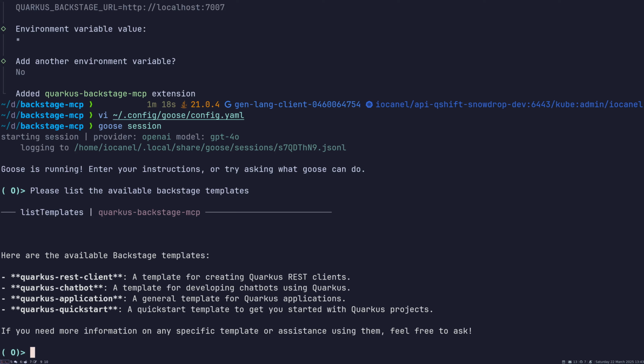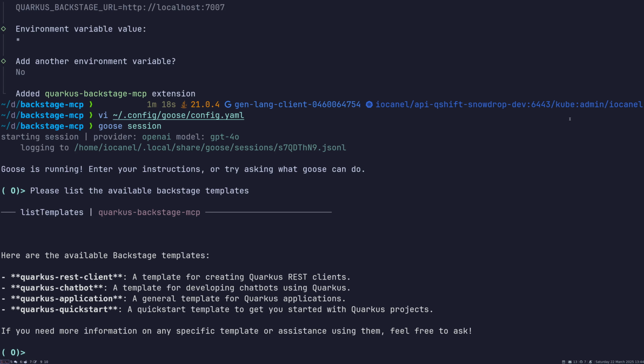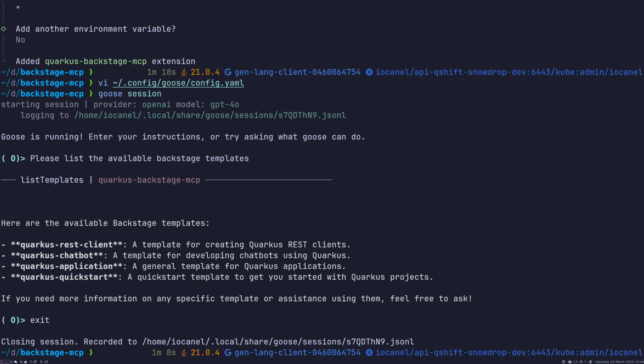Let's verify that indeed we have 4 templates in our Backstage installation using those names: Quarkus Quick Starts, Quarkus Application, Quarkus Chatbot, and Quarkus REST Client, which seems to be correct. So I will exit, and now I will try to implement functionality for instantiating the template